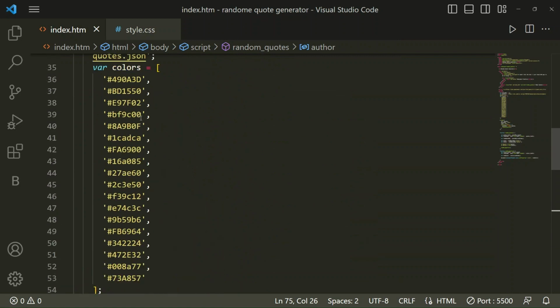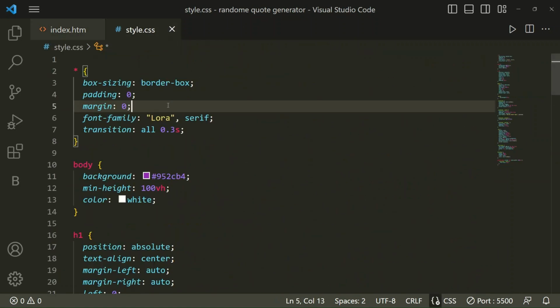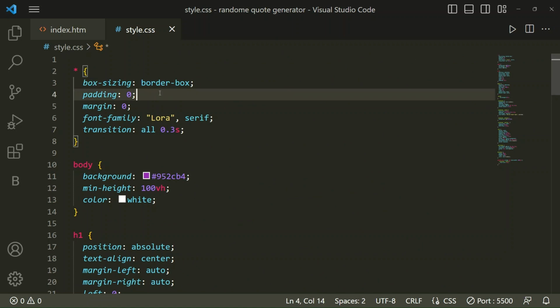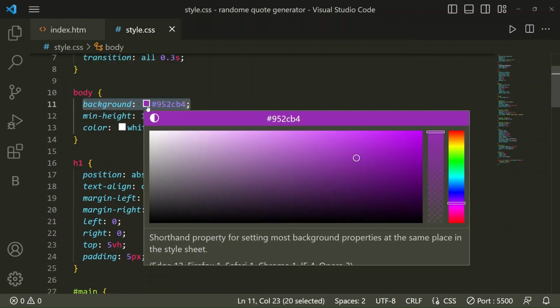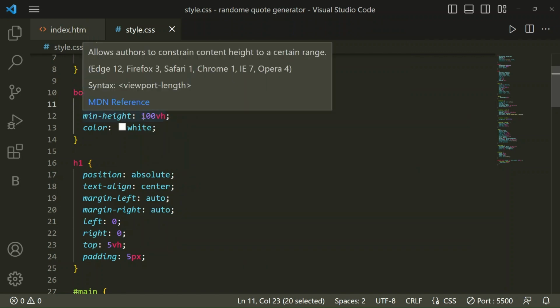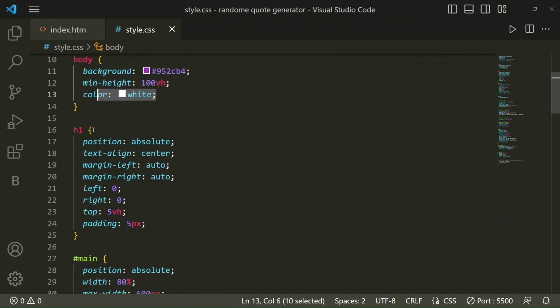This is for JavaScript. Now come to styling. Here in styling for our web page, box-sizing border-box, padding 0, margin 0, font-family Lora, serif, and transition all 0.3 second. For the body tag I have taken this color, which you can see here, min-height 100vh, and text color white.